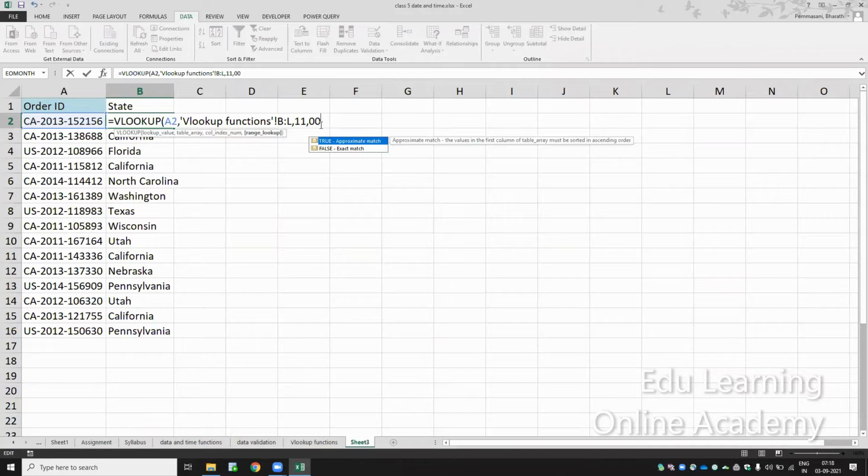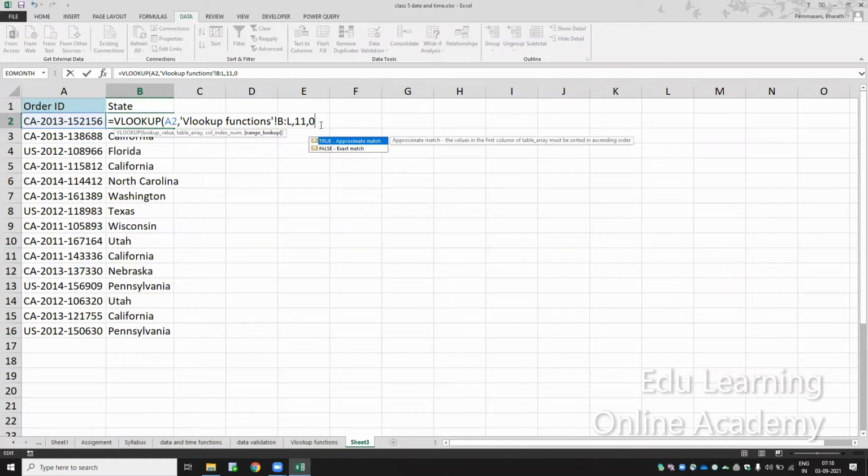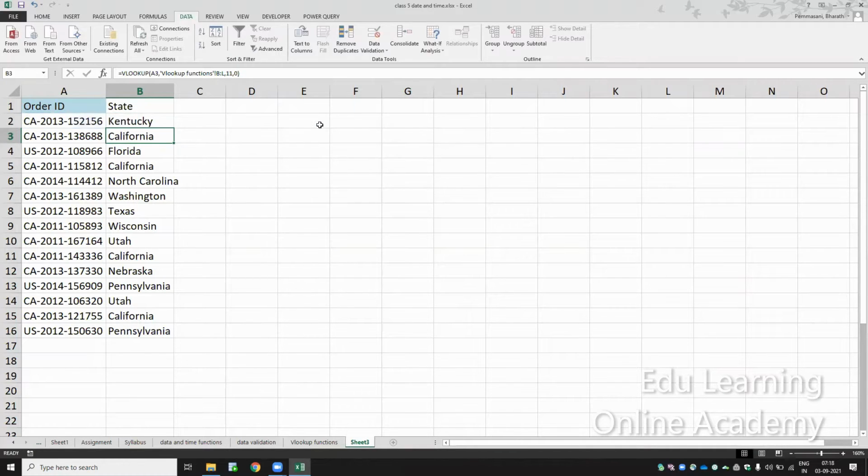So normally, first the 11th column, I'll keep 0, and the other 0 is for closing the bracket. See here, this 0 is normally for this one, and the other one is for closing the bracket. But you follow this one only, just close the bracket. While using nested formulas, you cannot use 00. Okay.